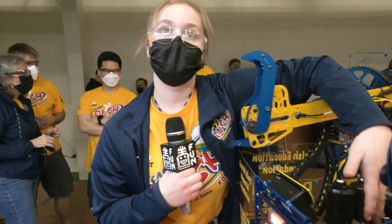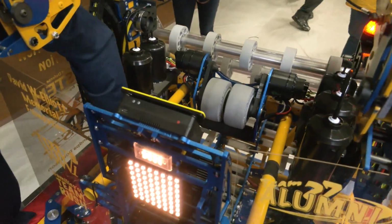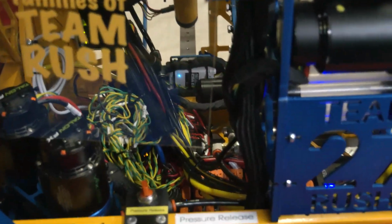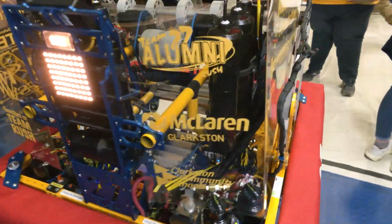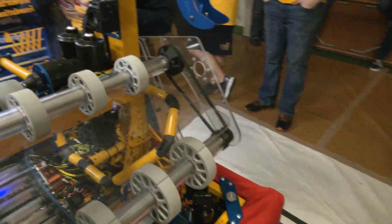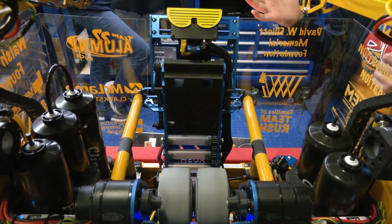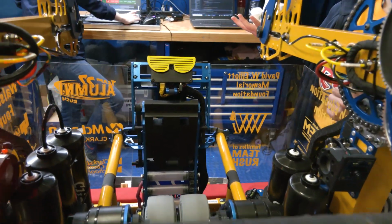Our Coulson wheels will spin up and be able to launch, and this pneumatic will activate our clutch gear, and this portion of our hopper will be able to roll. And for our actual launch, we have a 29-degree adjustable hood. So within these 29 degrees, the hood is able to adjust to any position, which is great because we have